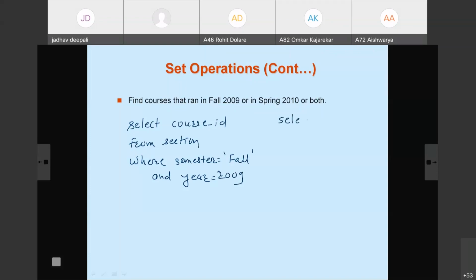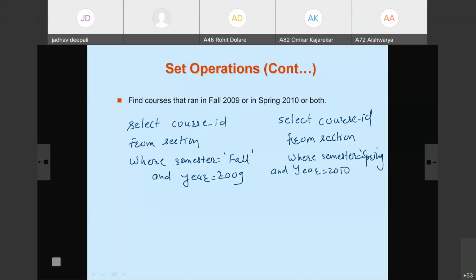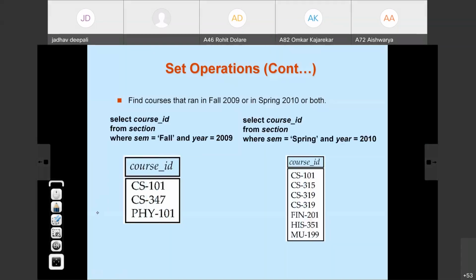Now I write the second query: select course ID from section where semester is equal to spring and year is equal to 2010. This query gives all the courses taught in fall 2009 and this query gives all the courses taught in spring 2010.